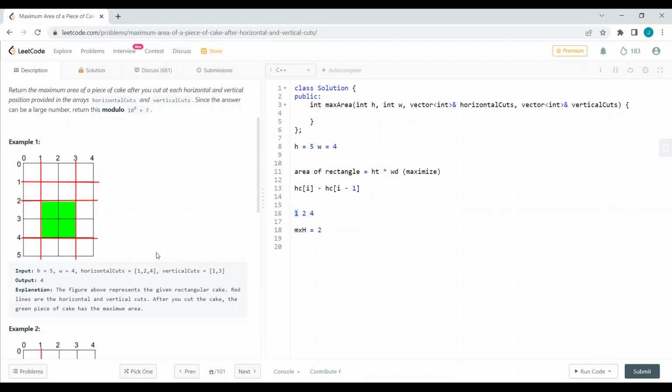And for the last segment, we can find it by subtracting from the height, right? So if we consider the last segment to be 5, 5 is nothing but this h. So h minus the last value gives me the last segment's height. So to find the last segment height, it is nothing but h minus the horizontal cuts of last value,